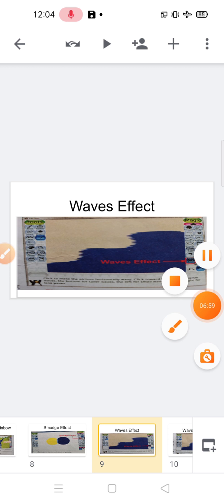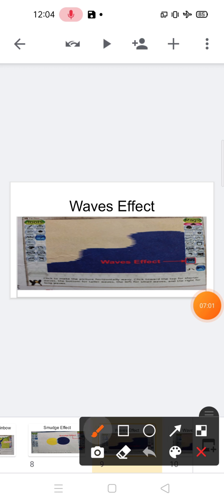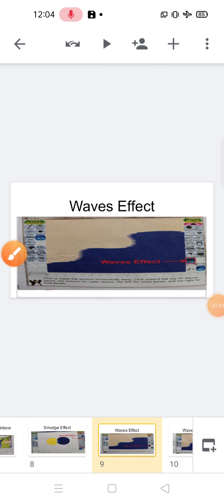Here you can see. Now select the magic tool and then select the waves effect from the sub toolbox. Then read the instructions given by the penguin carefully.